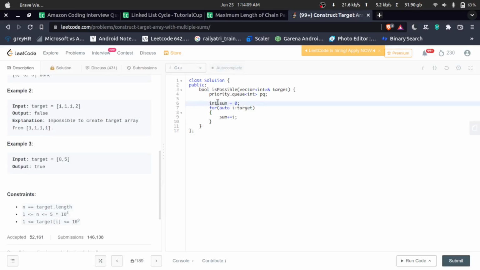You can also take the integer, but for my confidence I'm taking long basically. And after that, pq dot push the I, and right now while the pq is not empty,